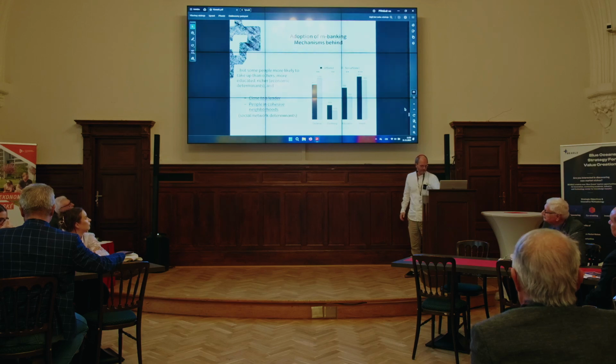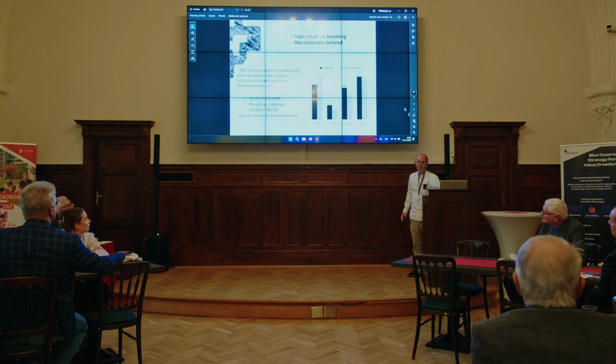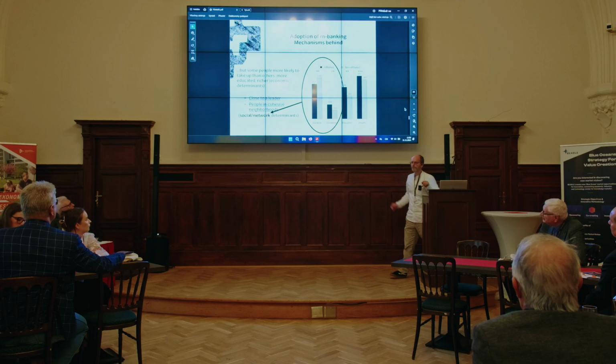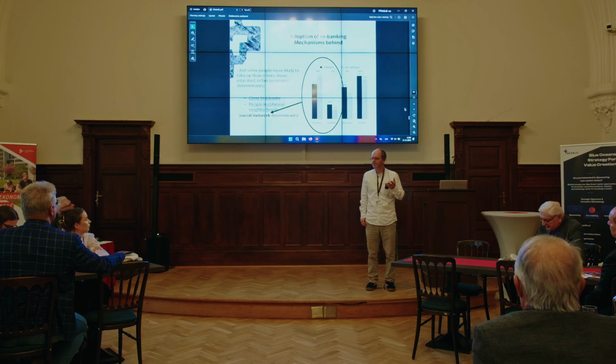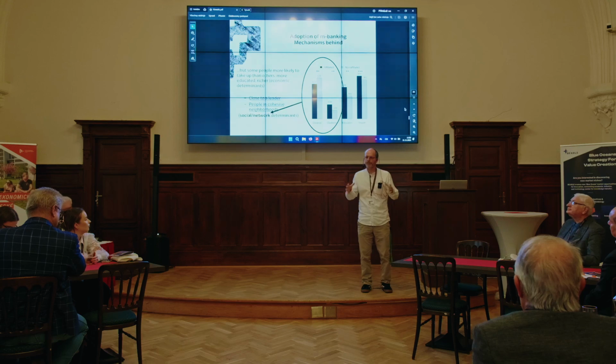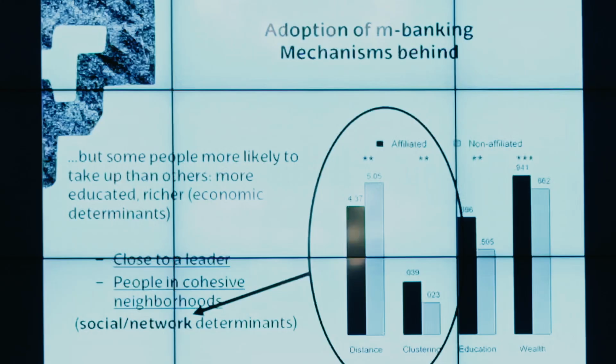And then we looked at the network. The second part of explanations are the social mechanisms or network mechanisms. So I'm going to ask how this affects who adopts, okay? Here I have two results that show that what matters here is the trust. First of all, people who adopt are closer in the network to the leaders. Okay, so they are more likely to trust them.